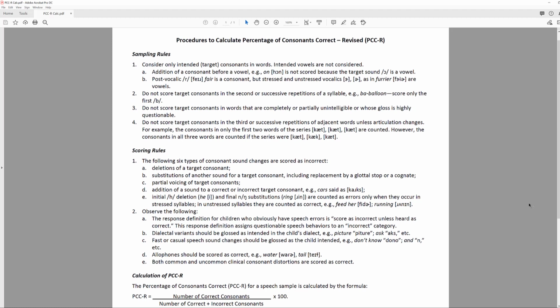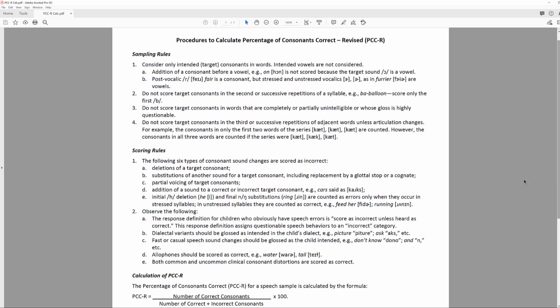There are several differences between the original percentage of consonants correct and the revised version. Some of the most important ones are that the original PCC was developed for use in connected speech samples, and distortions were considered to be incorrect. The revised version is intended for use with single word samples and permits distortions